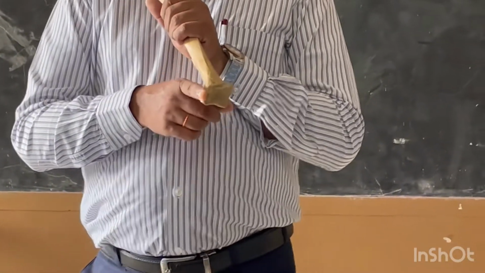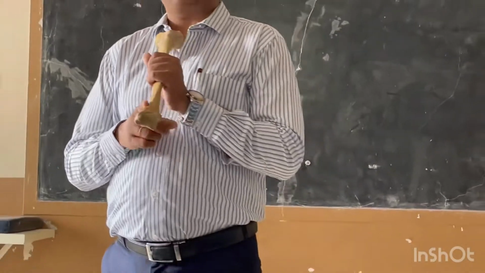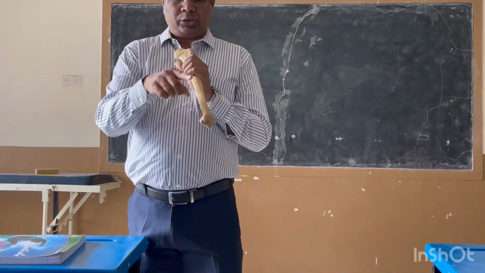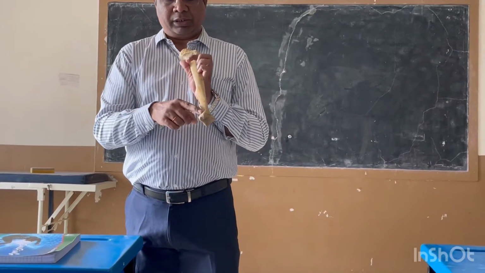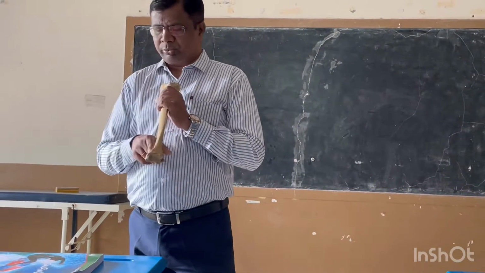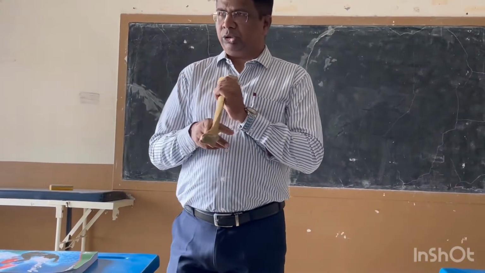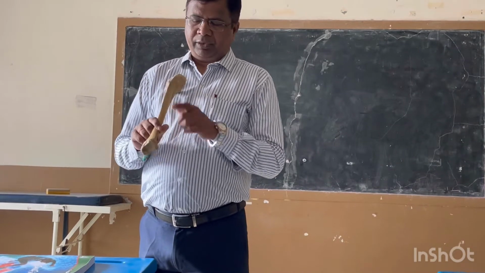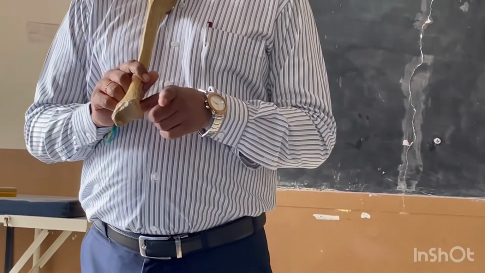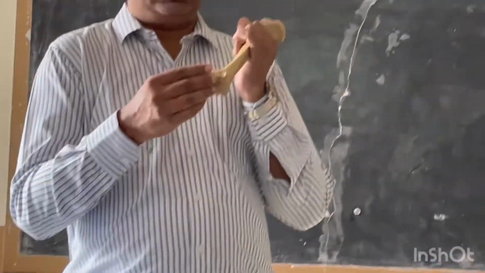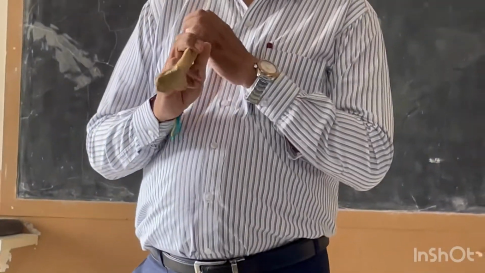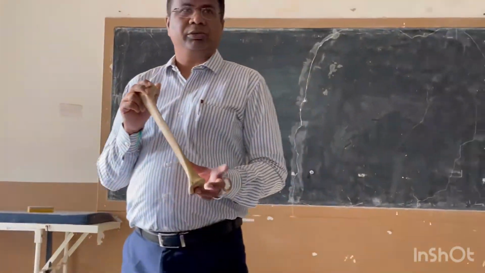Then about the medial malleolus, a very important relation which you should know is that the great saphenous vein is going to come from the foot. It is going to first cross the medial malleolus, and then it is going to run over the medial surface of the tibia to enter the thigh. So the great saphenous vein is going to be related here to the lower end. The lateral surface we have already discussed, that this is the fibular facet which will articulate to the lower end of the fibula, and the lower end which has the facet for articulation of the talus, which is going to take part in the formation of the ankle joint. So that is the anatomy of the tibia. Thank you.